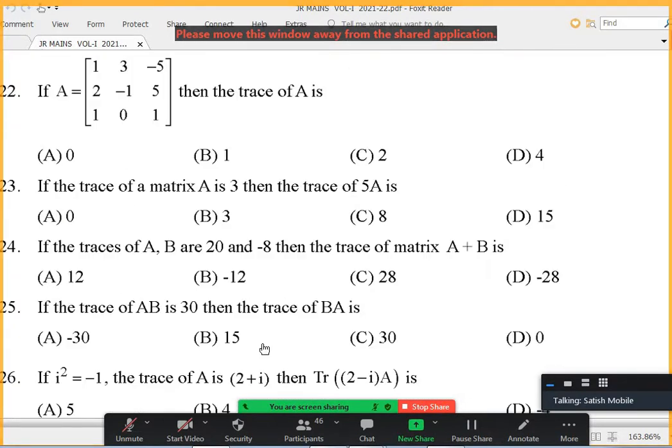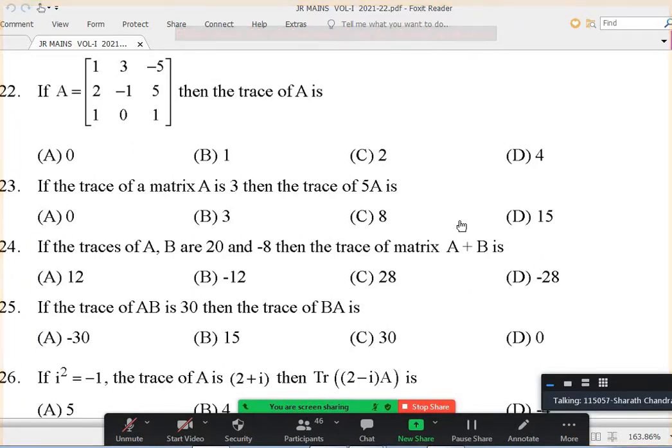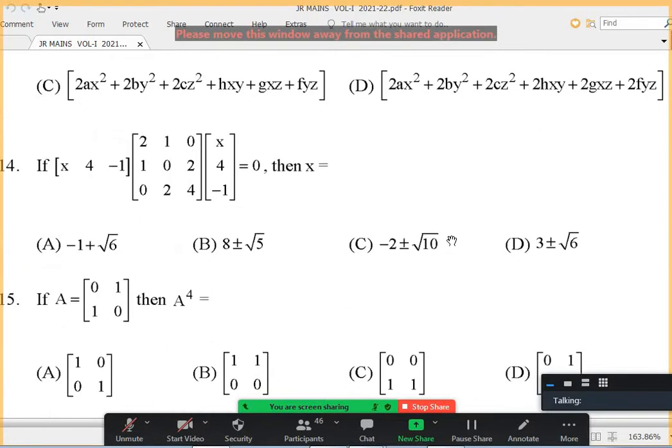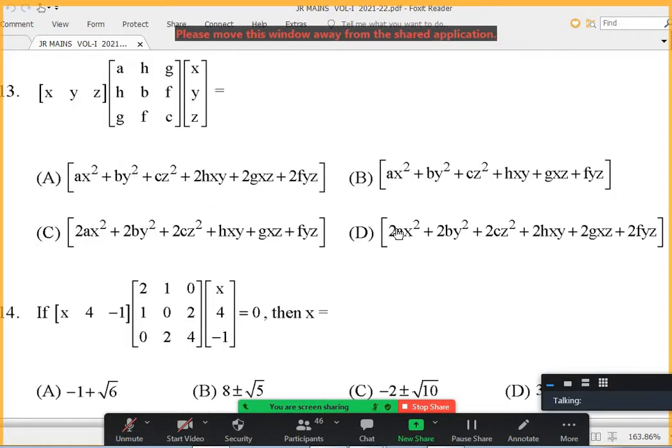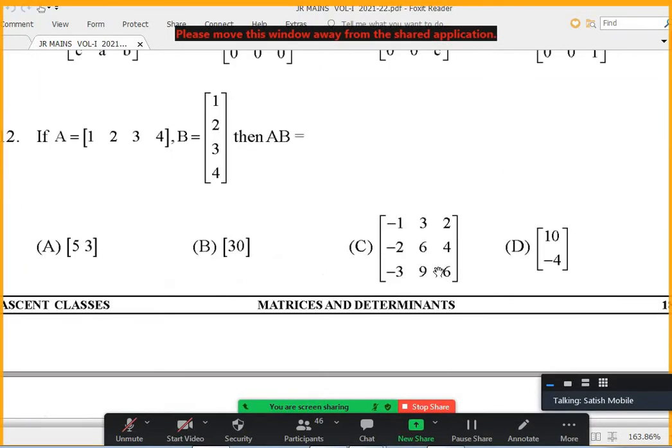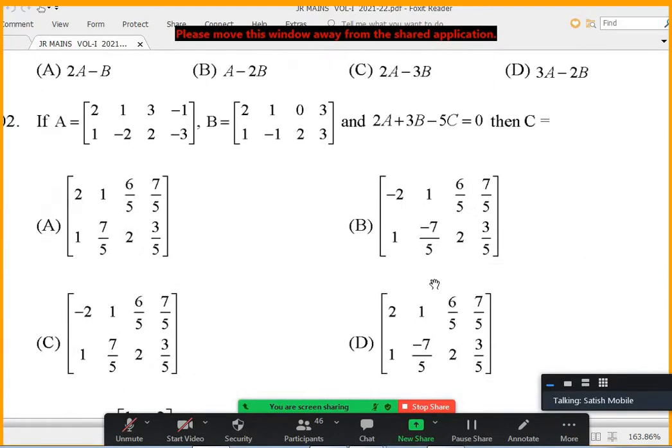Coming to this, you can see on the screen, all of you, 22, 24. Anybody any doubt? No, sir. They're very simple. Sir, I have a doubt in question 14. Oh, yeah, 14. I think I did not discuss even numbers from the beginning. Let me just ask from the beginning.